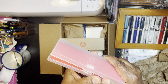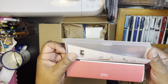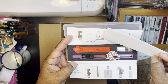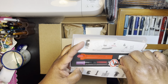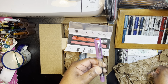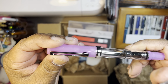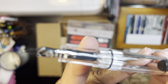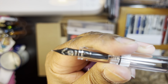I think the last one I got was in a stub nib, and I tried it, and I do like it. And so, this one, I believe is a fine. Yeah, fine. That is the point I'm most comfortable with. So I went back to my fine. I tried to see if I was gonna like mediums, because people are always saying how mediums are so smooth. It's not my thing. I like a fine,